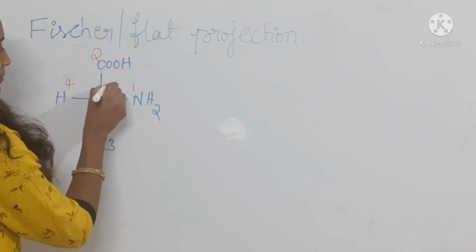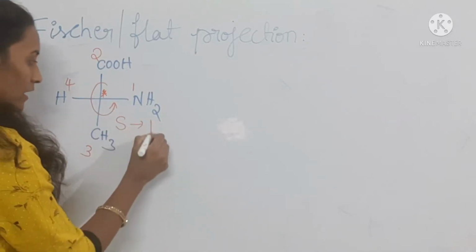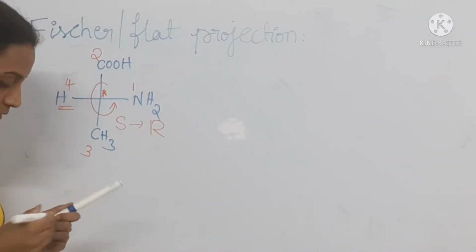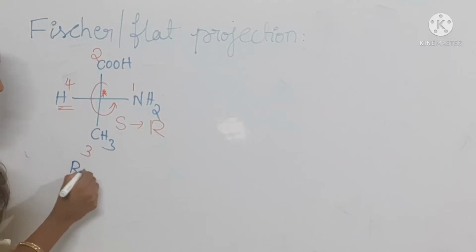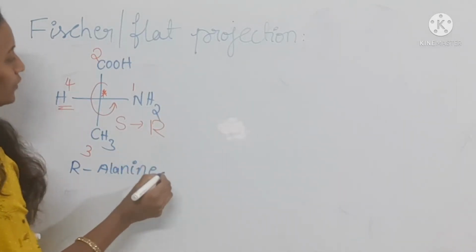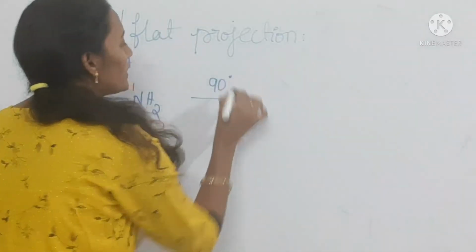1 2 3, that means this is S configuration, but it will become R because the least preferable hydrogen is on a horizontal plane. So this one is which alanine? R alanine. If I am going to rotate the angle of all these groups by 90 degrees,